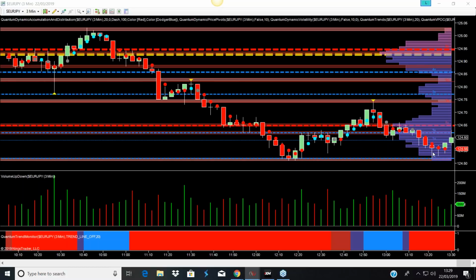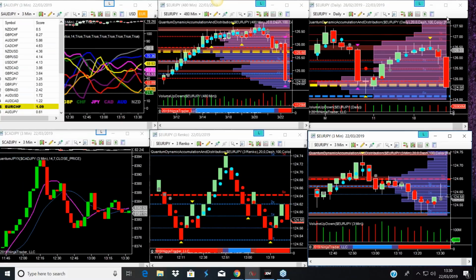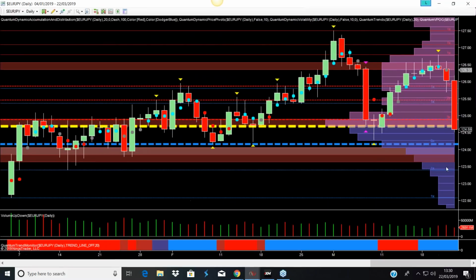Then we've got the downward trend, but this is where we've got some buying at the moment. Not a huge amount of buying, but enough certainly to push it up to this level. But what levels are doing, this is what I said earlier, you have to find the levels that, if they break one way or another, then you could potentially get the resumption of whatever trend has come before. And in terms of where it's likely to be heading, what's interesting is we've got 124.50 here, but it's also at the VPOC actually, the pound yen.